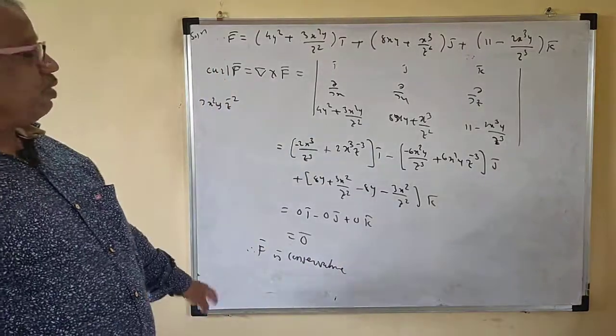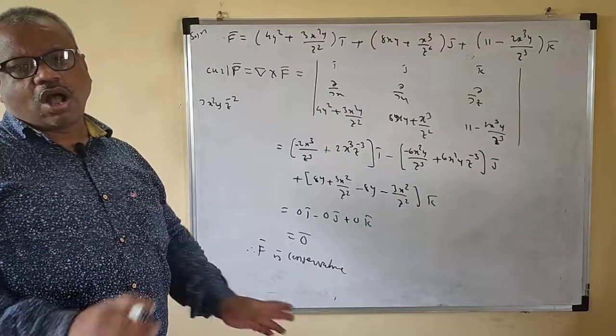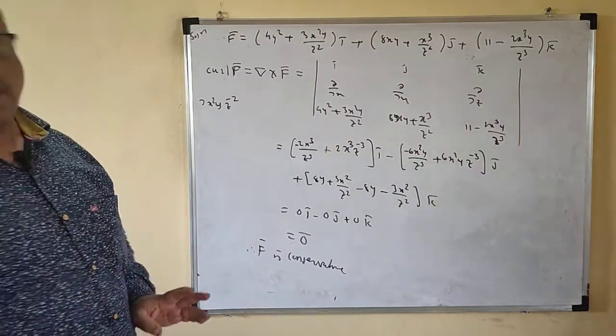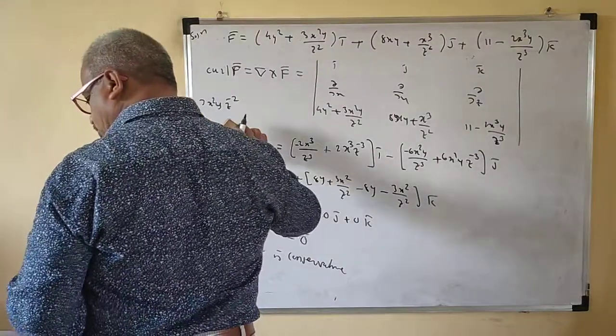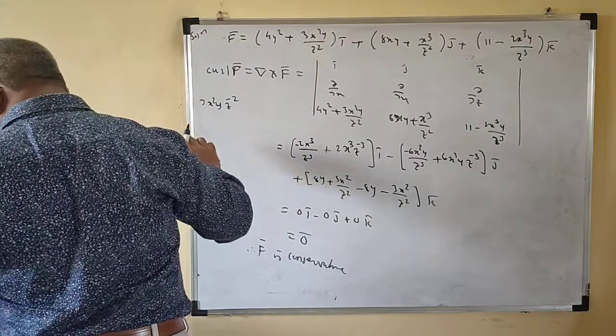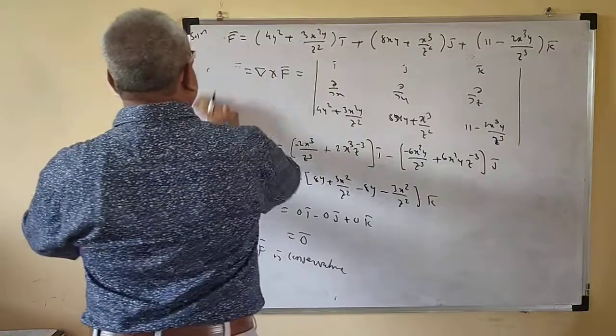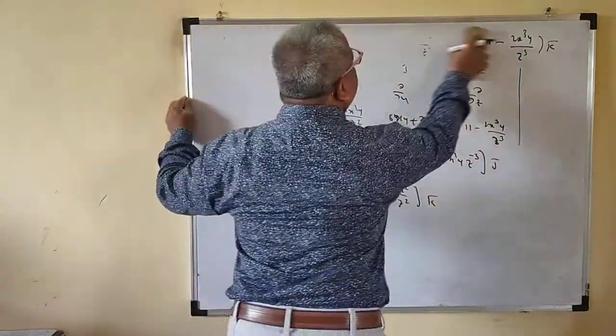F bar is conservative if and only if the curl of the vector is 0, or the line integral is independent of the path. This is also there. Next we define